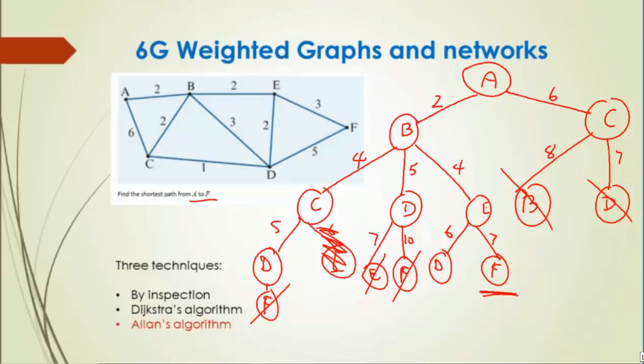And so A, B, E, D, that's going to be too much as well. So basically your answer, what you write down is A, B, E, F. Write it down like this, equal